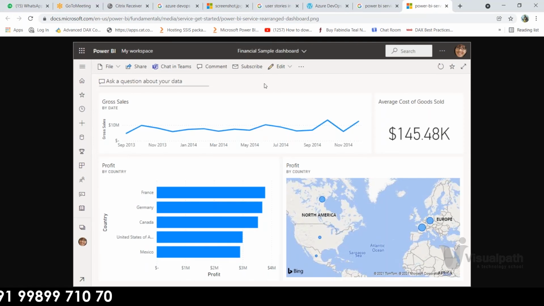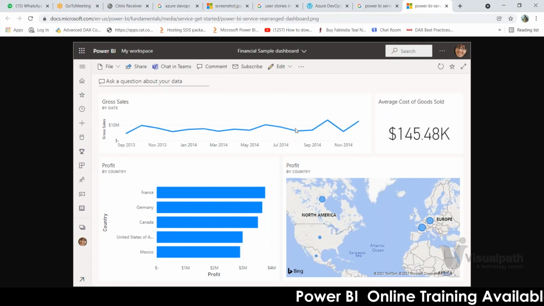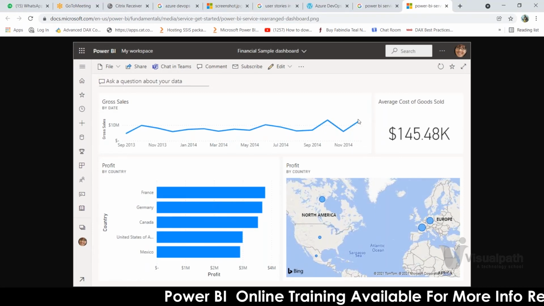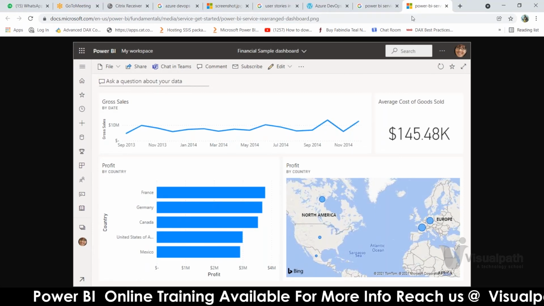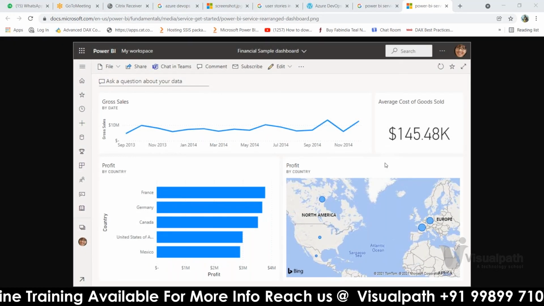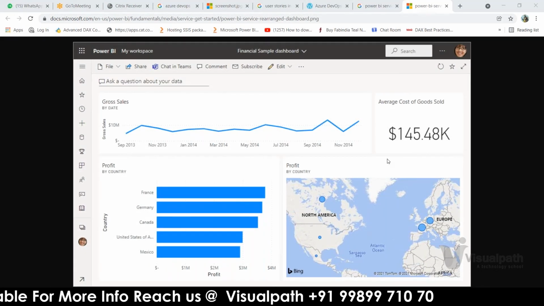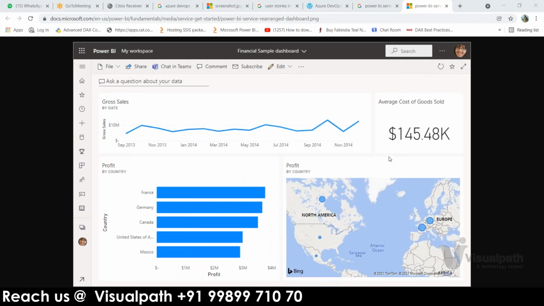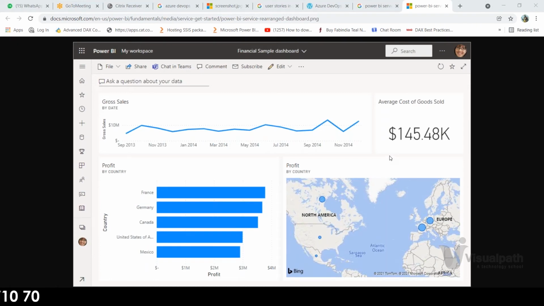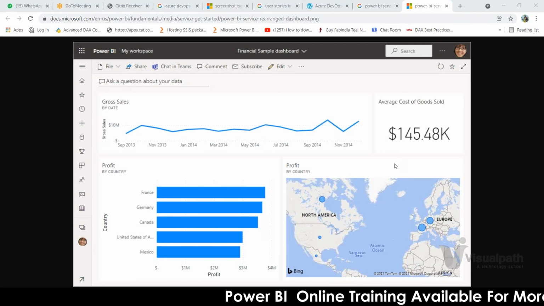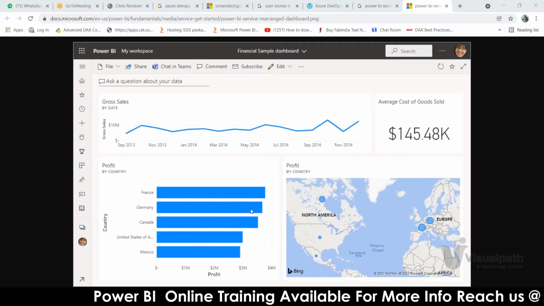From here, the business person will be shared this particular dashboard, and the user will consume it.